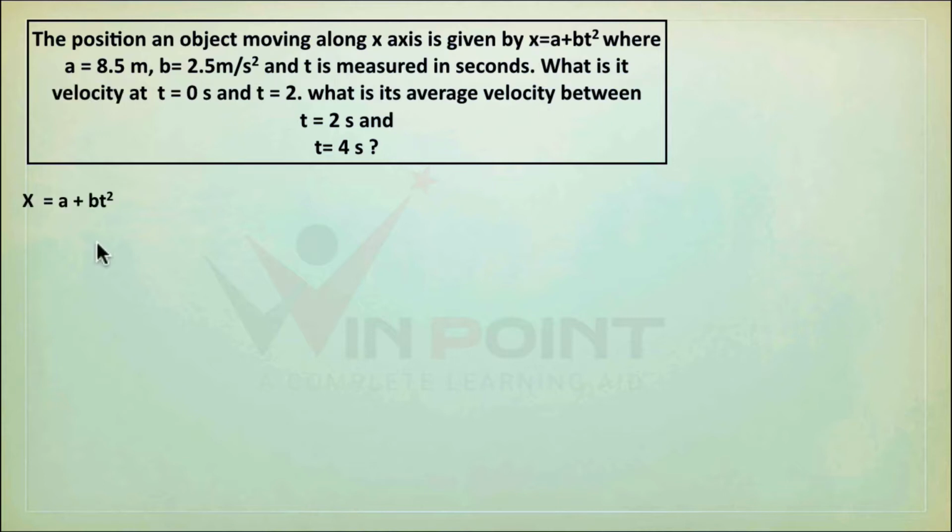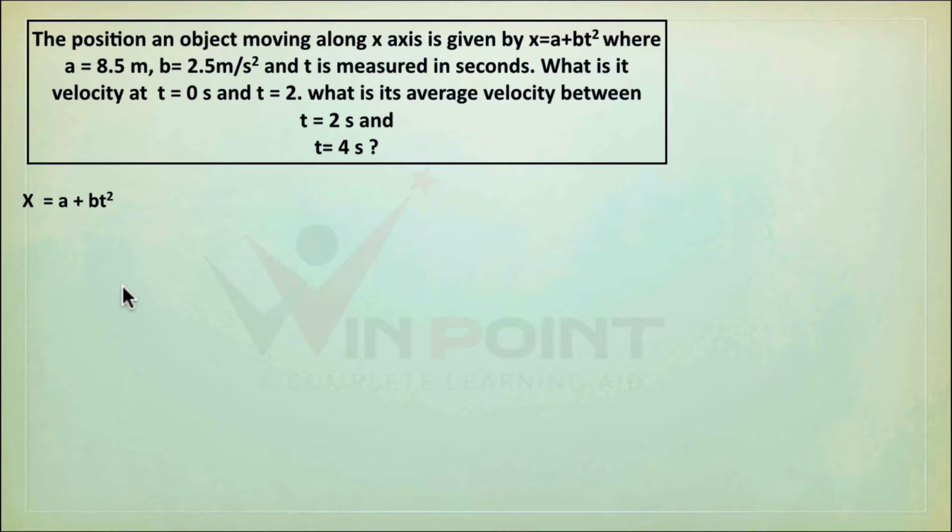To find velocity from the position, we need to differentiate it. Differentiation means it is a study of change of position with respect to time. D by dt means a study of a quantity with respect to time. D by dx means study of change of a quantity with respect to x. Here we are going to study the change of a quantity with respect to time, that is dx by dt. Dx by dt is rate of change of displacement because x is displacement.